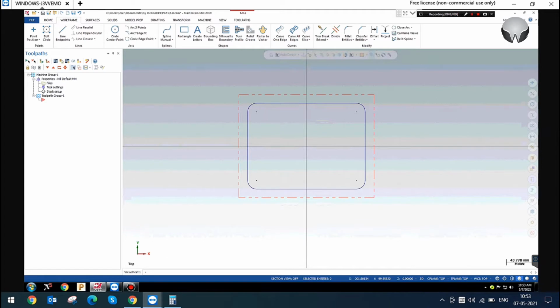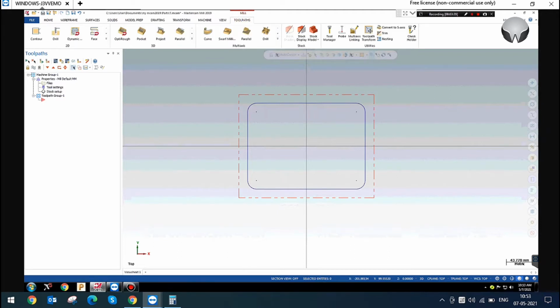So this is my offset, and this is my raw material. I'm going to do a full cavity material removal in this pocket, in this area. Inside, full material removal. This type of machining is called cavity milling.